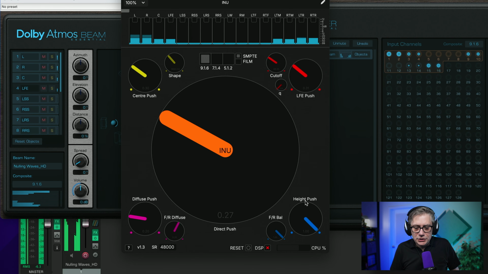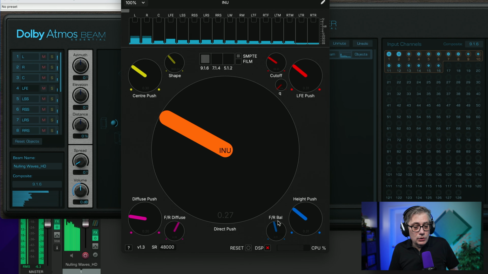So here I have more in the rear channels. You have more in the front channels. And then I can choose what I'm going to do with the diffuse signal. So essentially I can push that more towards the surrounding speakers or more towards the left and right. And that can be done with the push button. Then I also have the option to change where the diffuse signal lives, more towards the front or more towards the rear.